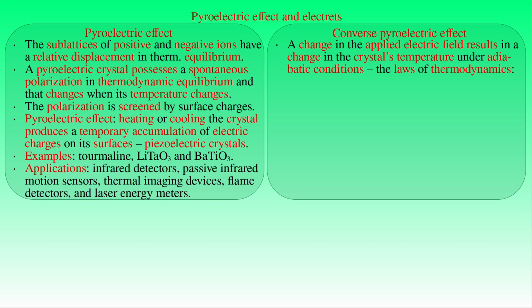The first law of thermodynamics tells us that an infinitesimal change in the internal energy U of a crystal is equal to the infinitesimal amount of heat delta Q exchanged between the crystal and its surroundings, plus the infinitesimal amount of work delta W done on the crystal by the electric field. By applying the second law, delta Q can be written as the temperature T of the crystal times the infinitesimal change dS in its entropy. We already saw that the infinitesimal work done on a dielectric material by an electric field is given by the magnitude of the electric field E times the infinitesimal change dP in the magnitude of the polarization field in the material.